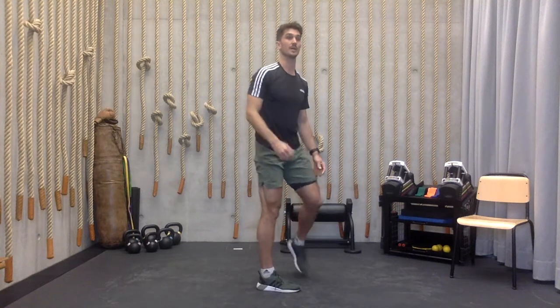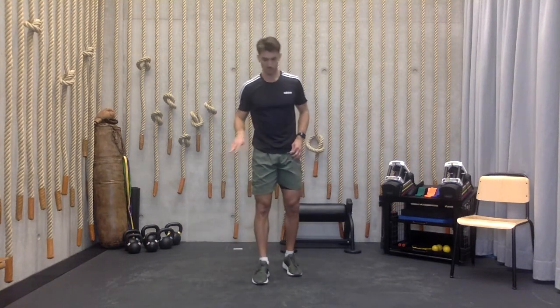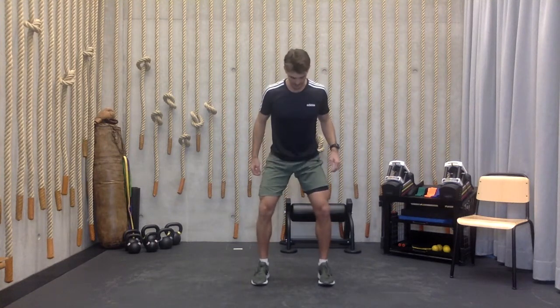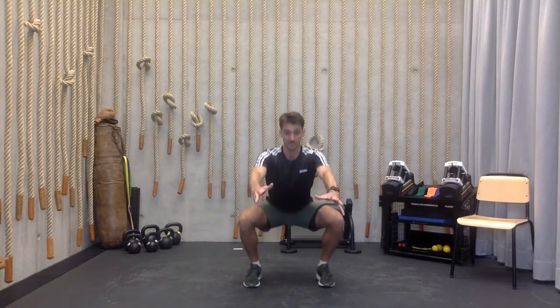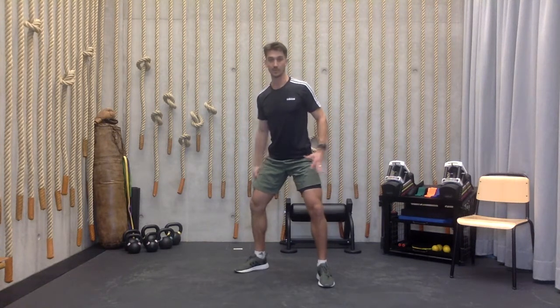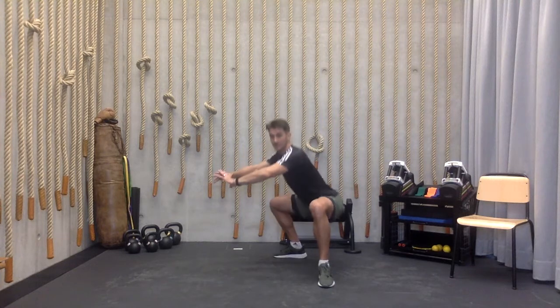Good. All right. So, speaking of clocks, we're going to go into a little bit of a squat matrix, and we're going to use actually the numbers on the clock to guide you through that. So, back to our squat position. So those feet, the whole foot is engaged. We're going to go 3 o'clock, so that's just a basic squat. Then you're going to shift one of your feet to the 4 o'clock, squat. Then we're going to go 5 o'clock, squat, and then all the way out to 6 o'clock, give me a squat,